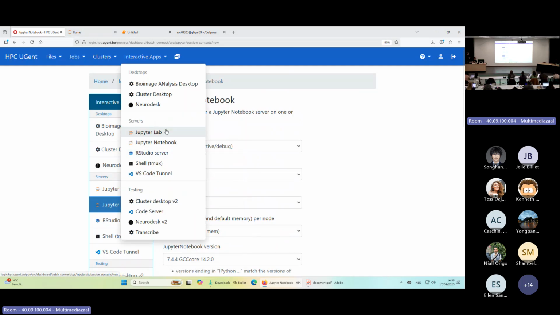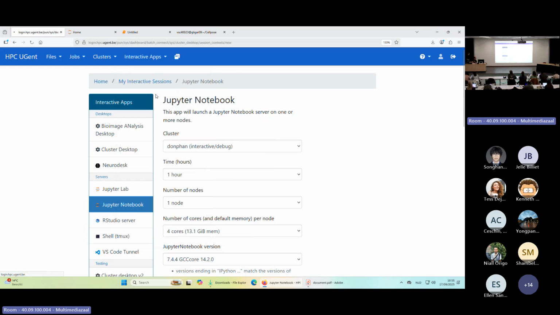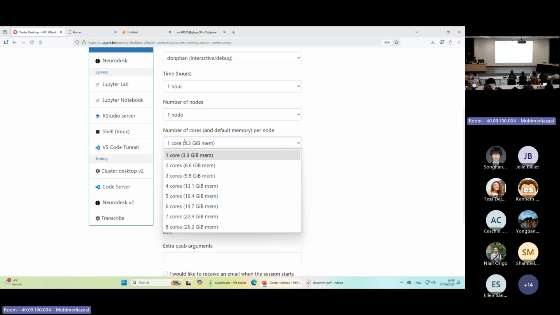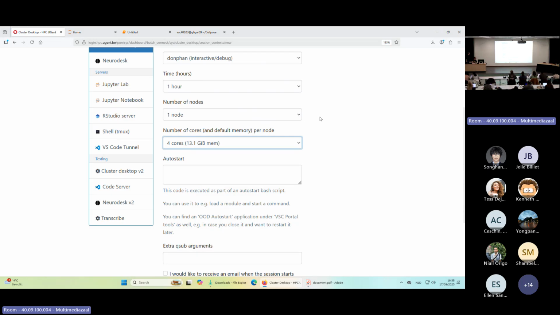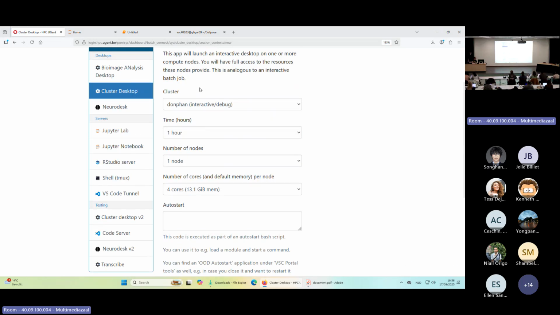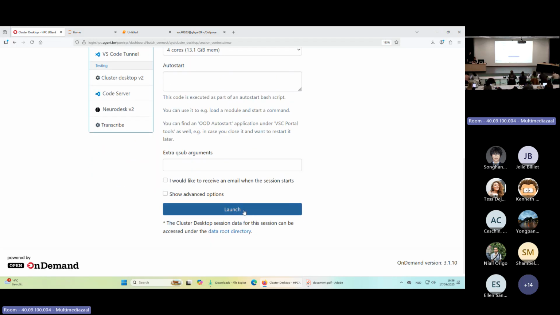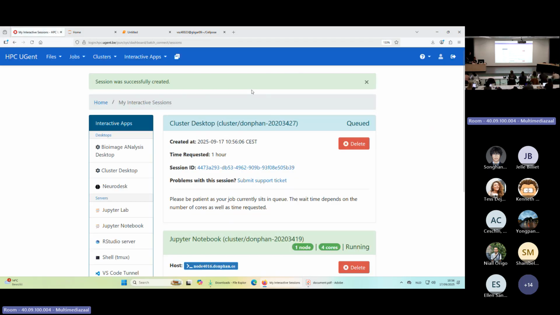And we have similar interactive apps for RStudio Server, for VS Code, also for desktop environment. That's an interesting one to show as well. So I'm only using 4 cores in the Jupyter session, so I have 4 cores left to start another session on Donphan. This is a desktop environment, like Lara also mentioned. This is very close to a laptop, let's say, but it's going to be a Linux desktop, so it maybe looks a bit scary at first, but I can connect to this here as well,